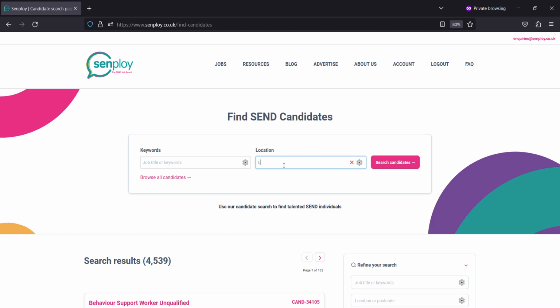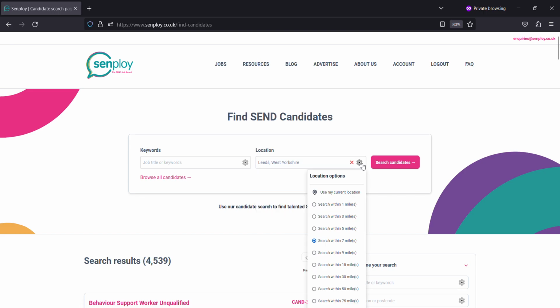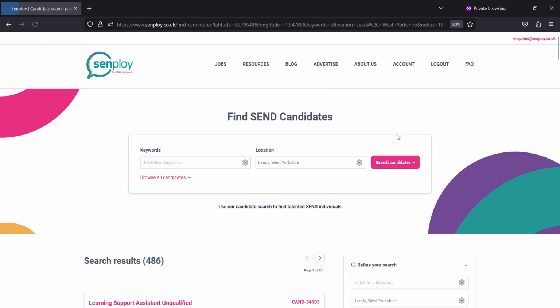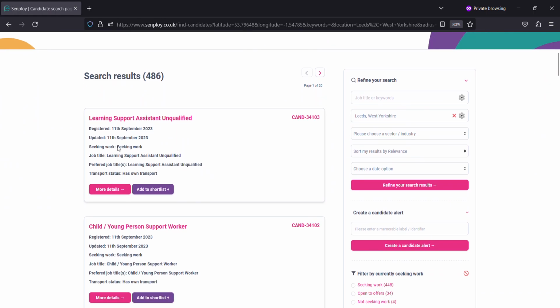let's go with Leeds. Use the drop down to select, click on the cog to select I want all candidates within a 15-mile radius and search candidates. So on this left hand side here you can see that there's candidates recently that have applied for jobs and they've registered their details, and you are able to now obtain the basic data for those individuals so you can